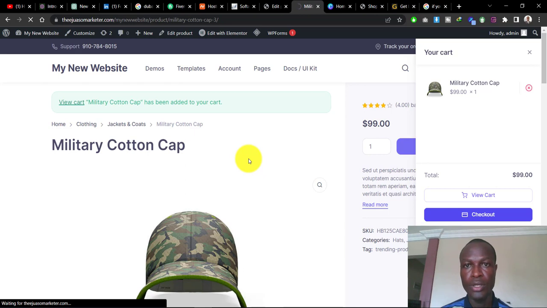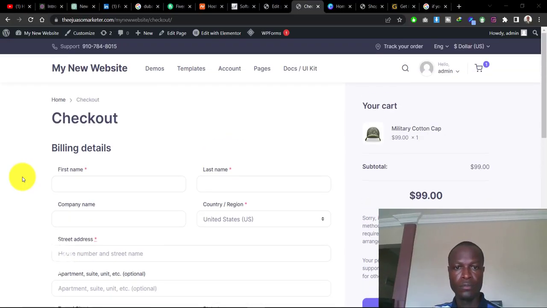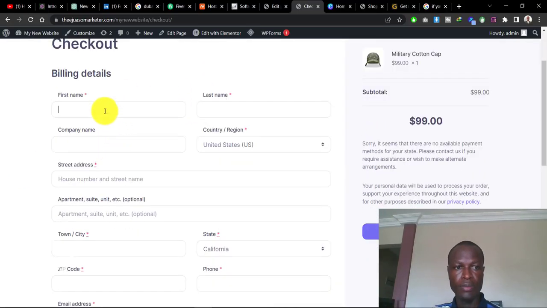Now the checkout page is where the user or the buyer will fill in their details, so that you can use those details to deliver the products to them. So this is the checkout page. This is where the user will be required to fill in their details. So if you put just some dummy details in the company,